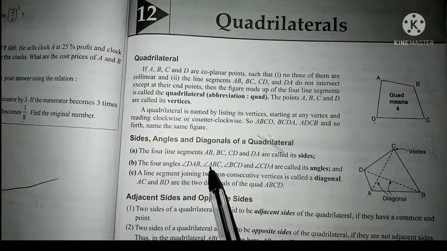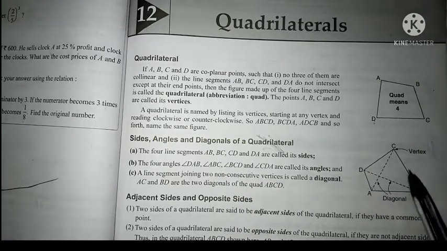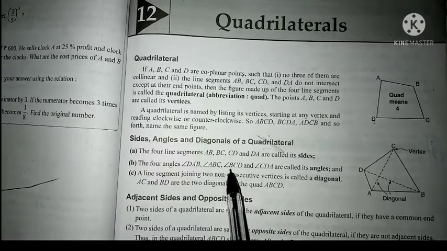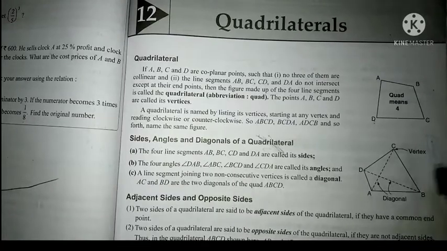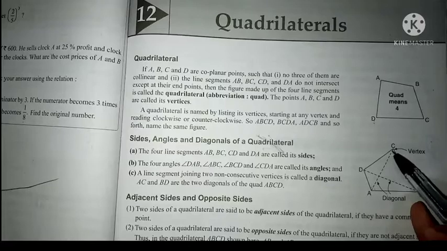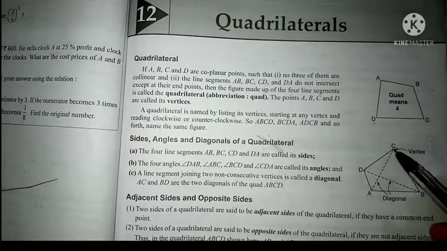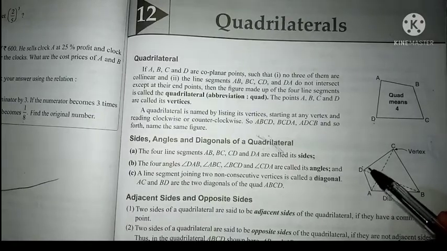See, A is also an angle, B is also an angle, C is also an angle, but what is in the middle? That is B. That means here we are talking about angle B. So ABC is this angle, that is B. And when I say angle BCD, in the middle we have C, so here also we are talking about angle C. That is BCD, this angle. And next we have CDA, where we are talking about this angle.